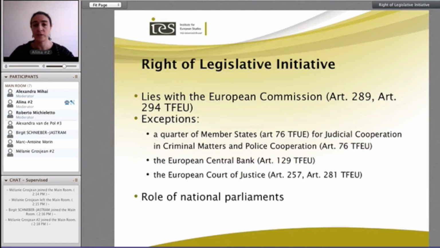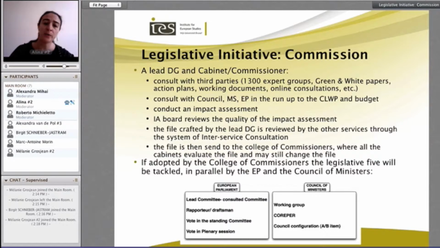So the citizens' initiative can be used as a political tool also to put the Commission a little bit under political pressure, but actually this institution is the one that decides at the end of the day what's going to happen. I think I'm going to end it here. I had prepared also another slide for you about the internal decision-making procedure within the Commission, but I think you have dealt with that also in one of the past lectures, so I would advise you to take a look at the slides as a little bit of a refresher of what happens inside the Commission.